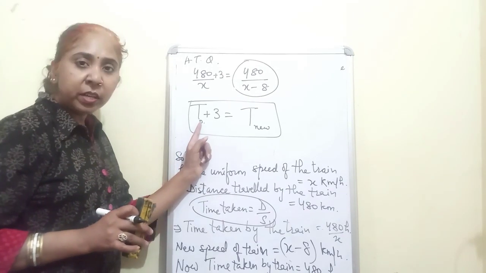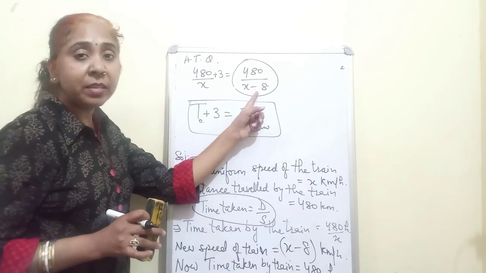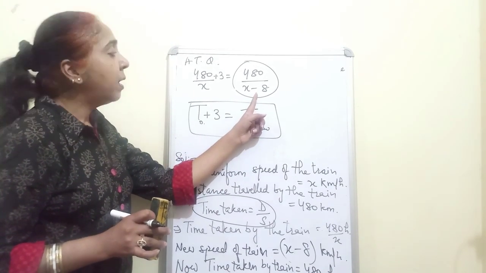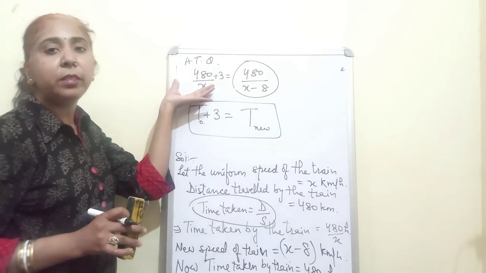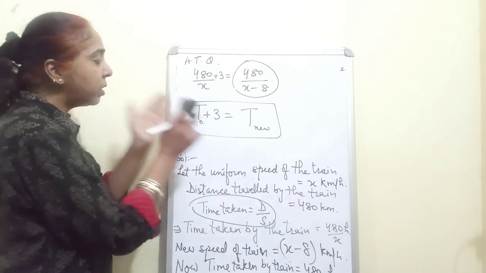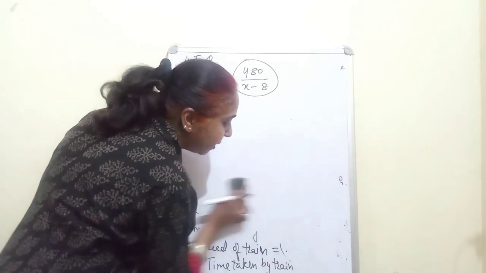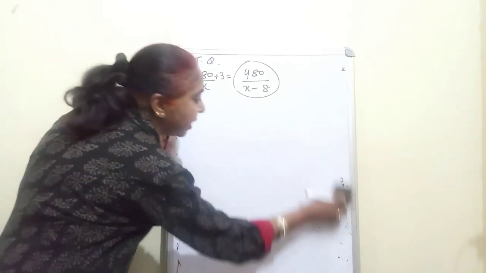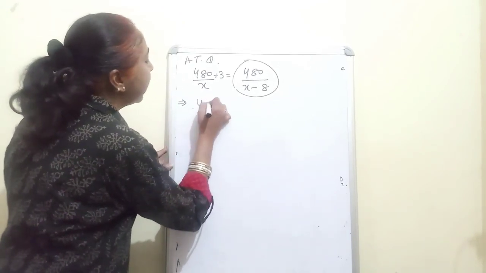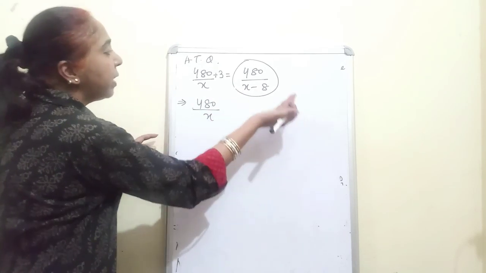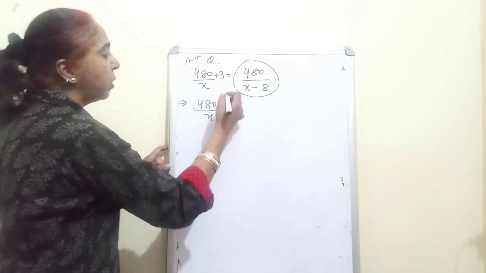This time is the original time, that means 480 by x. This is the new time when the speed is decreased by 8 km per hour, and the new time is 3 more than the original time. So this is the equation. Now you have to solve it and get the quadratic equation. Just after taking LCM, you'll get an equation. It will be easier if you collect the terms of x on one side and the